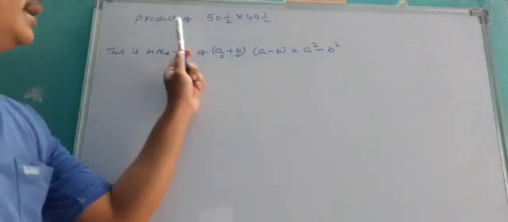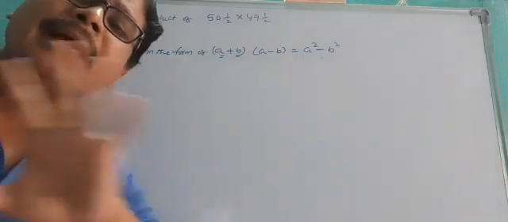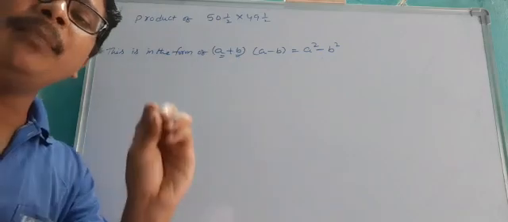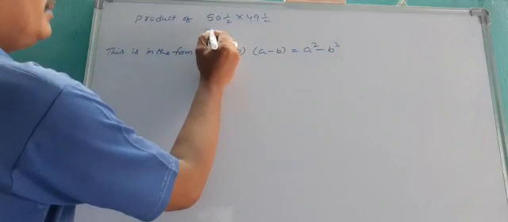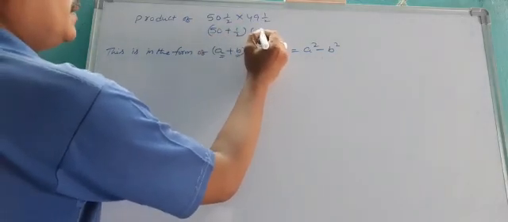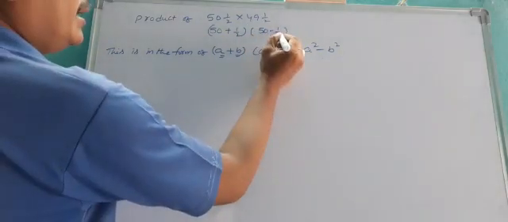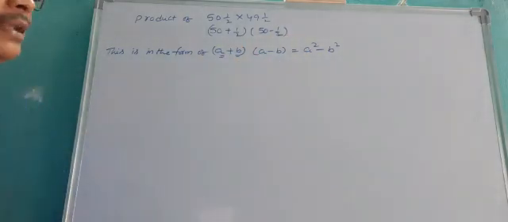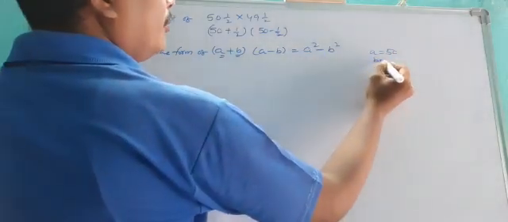The next one, evaluate these two products without doing direct multiplication. How to find their product with the help of one of the identities. So very clear, this 50 and half can be expressed as 50 plus 1 by 2, and 49 and half can be expressed as 50 minus 1 by 2. They are in the form of a plus b into a minus b. Here a equals 50 and b equals half.